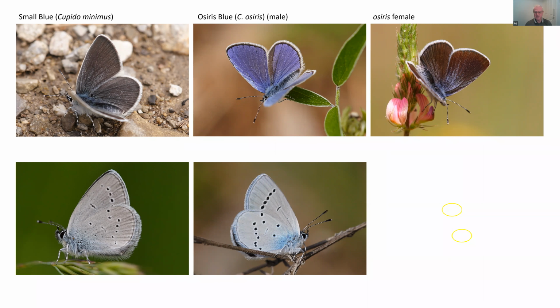But the confusion arises from the underside, where they are both very similar, and the often quoted mechanism of telling the difference is that this spot here in this little series of 4 spots is in line for small blue, sorry, not in line for small blue, is basally shifted towards the head end, towards the body, and is in line for Osiris blue. Well, spots are a bit of a movable feast. They're not always in the same positions,